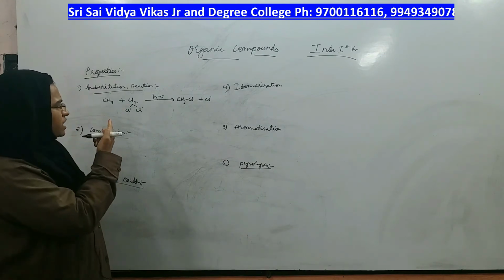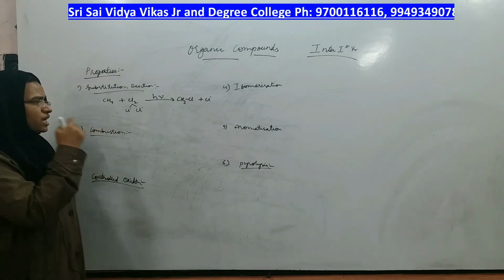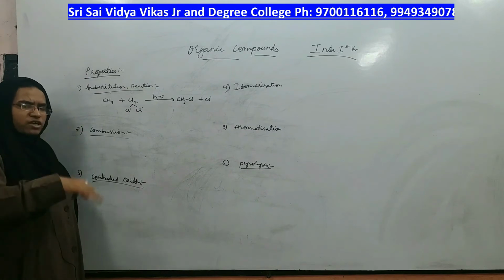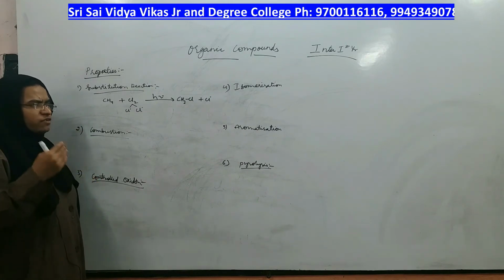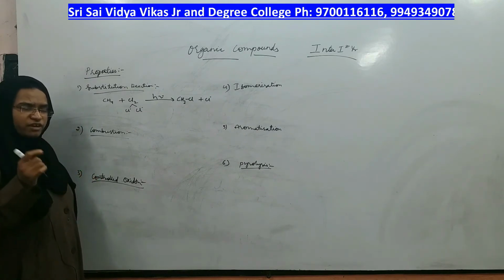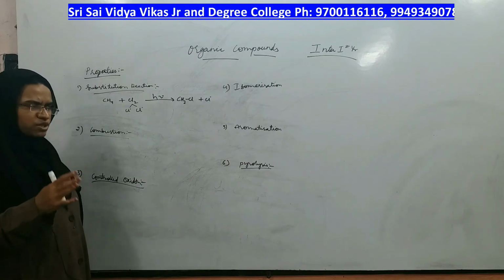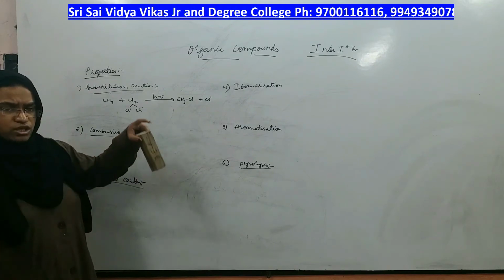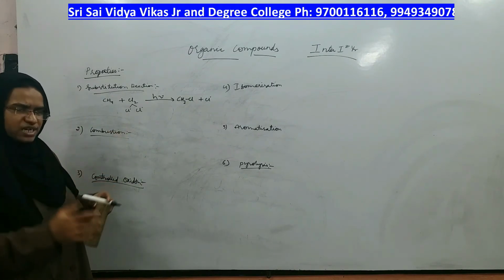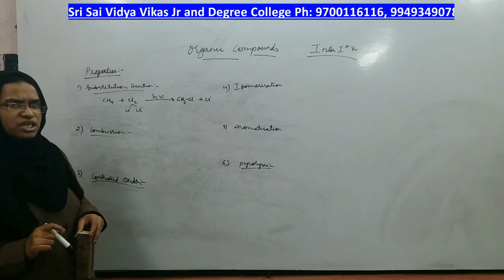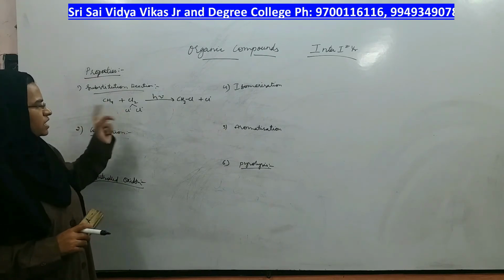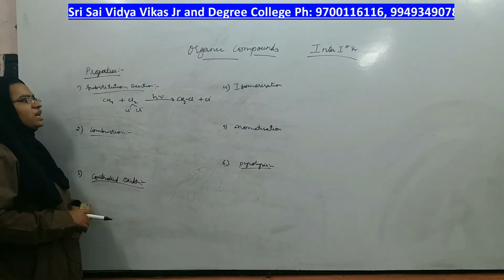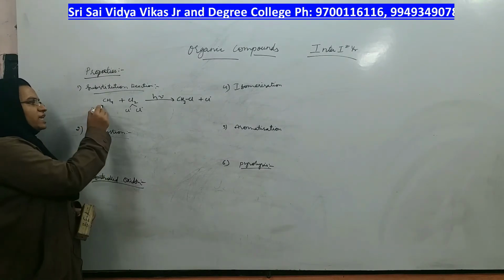Therefore, this mechanism takes place in the presence of light. As soon as light is present, free radicals will keep forming. Free radicals are very reactive. They won't keep quiet. They will always be reacting with someone or the other. So if free radicals react, the reaction won't stop. You have to stop the reaction, and that is called termination, right? That mechanism takes place in the presence of sunlight, and it is called halogenation of alkanes.